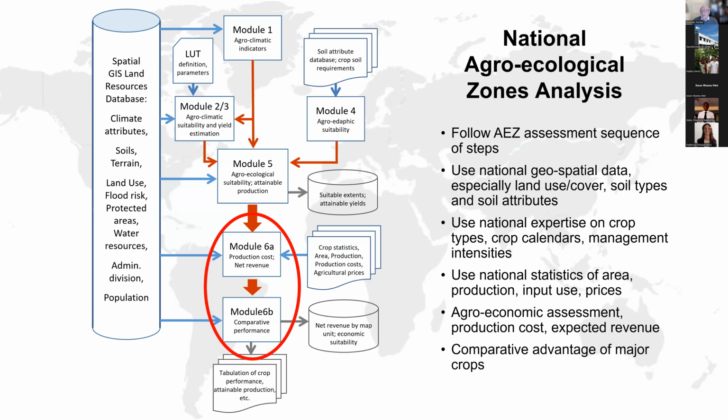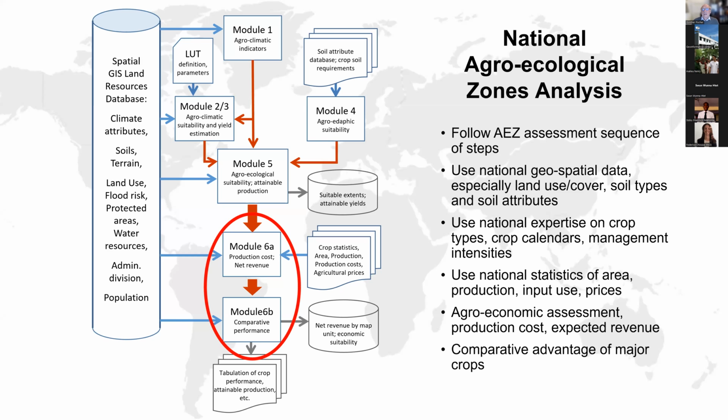Of course, it requires national data to do that, but given the agroecological suitability and attainable production potential, we try to estimate for each crop what the expected production costs are, and therefore, given crop prices, what the expected net revenue is. And once this is assessed for a list of crops, one can then go to a step doing a comparative performance analysis of different crops, and you will see 2 simple examples of that